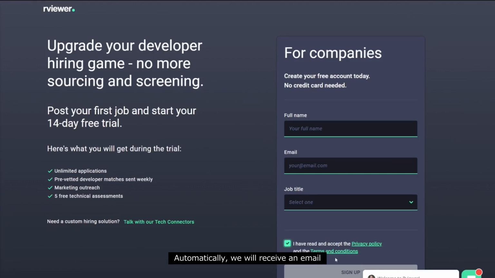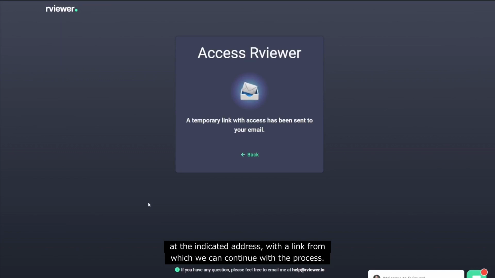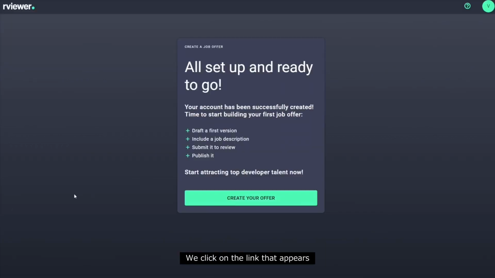Next, we fill out the first form with our name, email and role. Automatically, we will receive an email at the indicated address with a link from which we can continue with the process. We click on the link that appears in the email and we can now start creating our first job